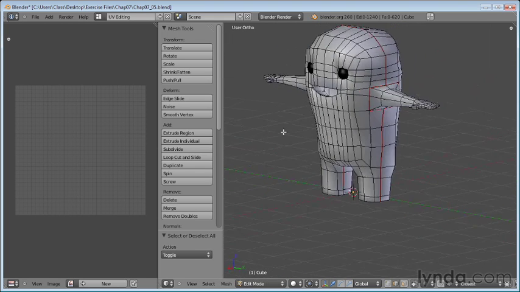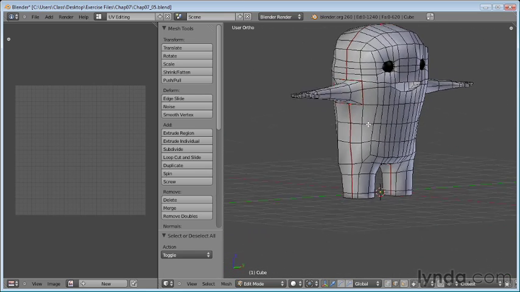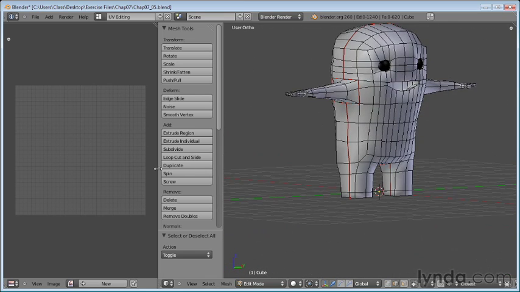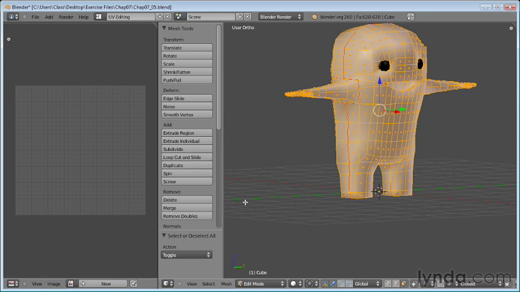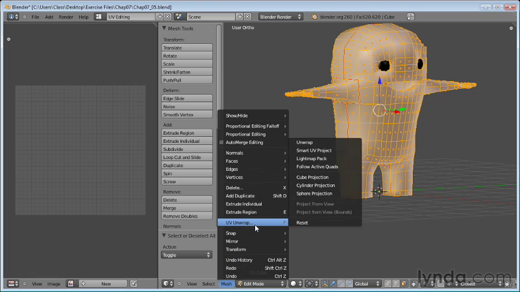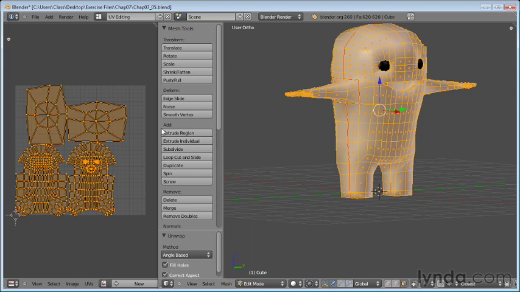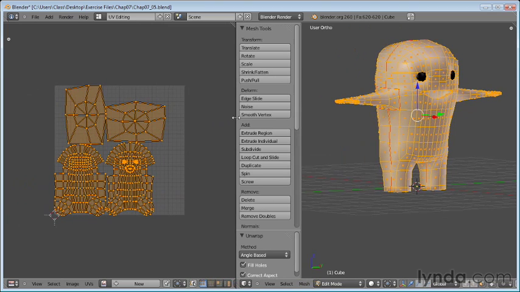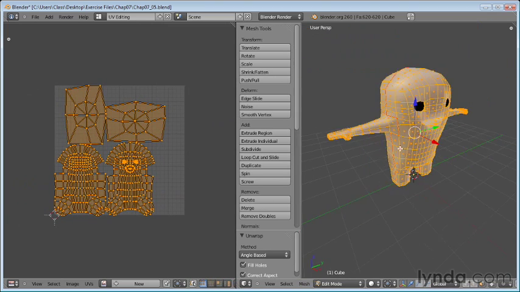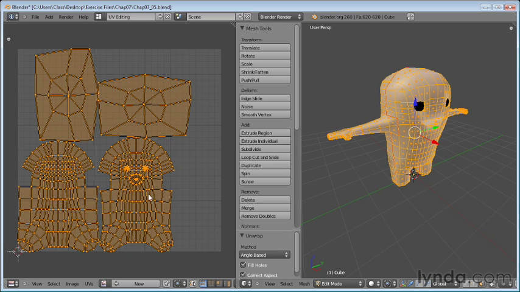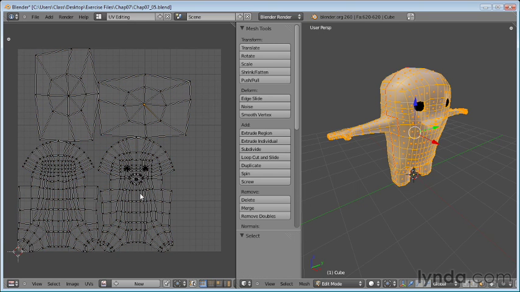So now that I have these seams marked, I can now start to unwrap my character. So I'm going to go into face mode, select everything, Mesh, UV unwrap, unwrap. And now that puts it out into my UV editor. Now you see I have 4 little groups of faces here. In fact, if we click on this little button here, this allows us to select each one of these groups